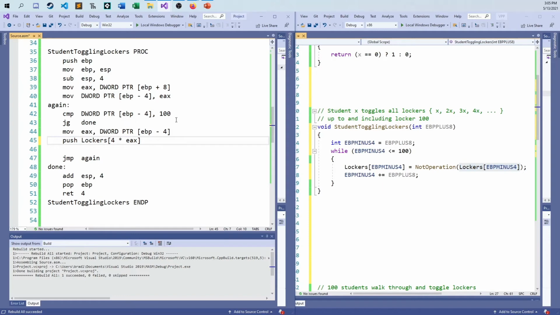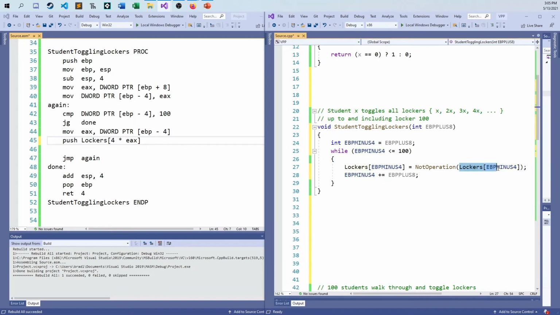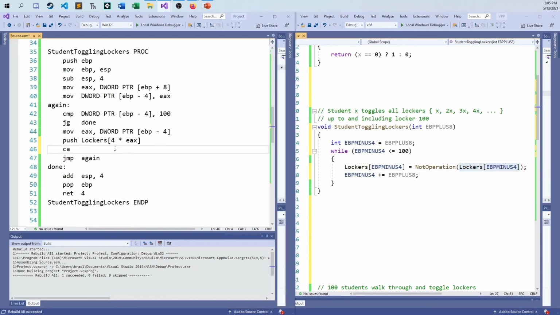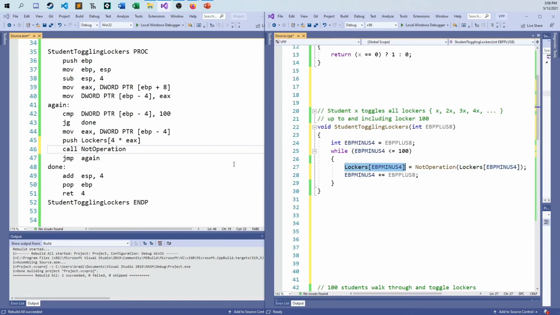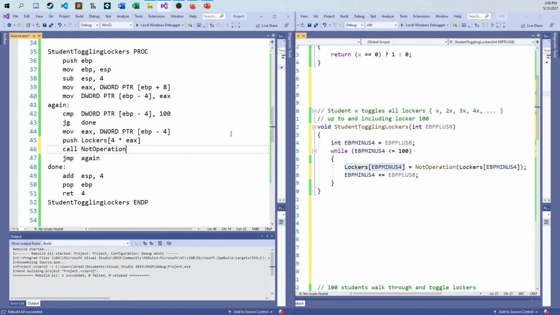So now I've pushed this value onto the stack. That's what I wanted to push, this onto the stack. So now I can call not operation. Again, we haven't written that yet, so all of this is just in flux at the moment, with all these moving parts trying to work together. But when I call this function, the EAX register is going to hold the value that I want to put at this memory location. So I come back one more time, and when I do this, EAX will hold